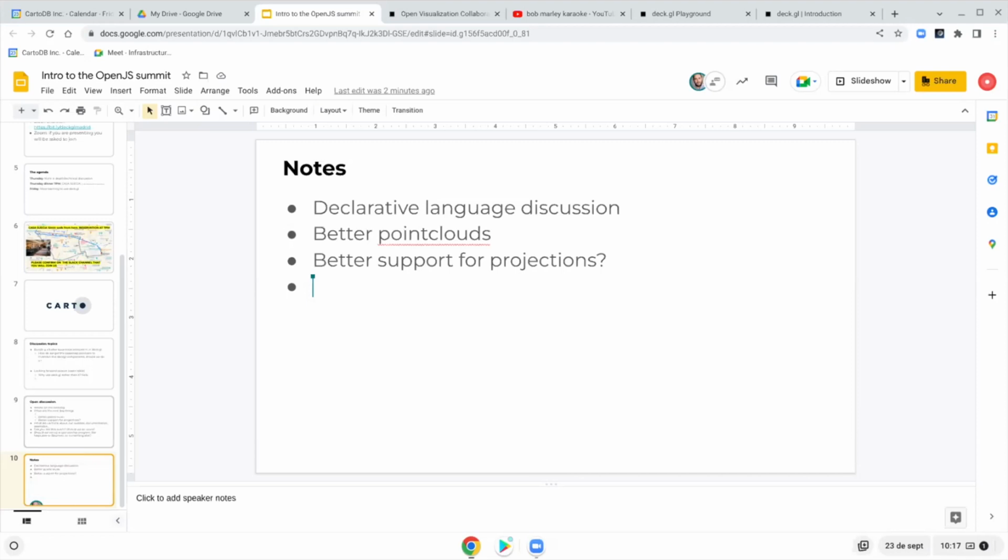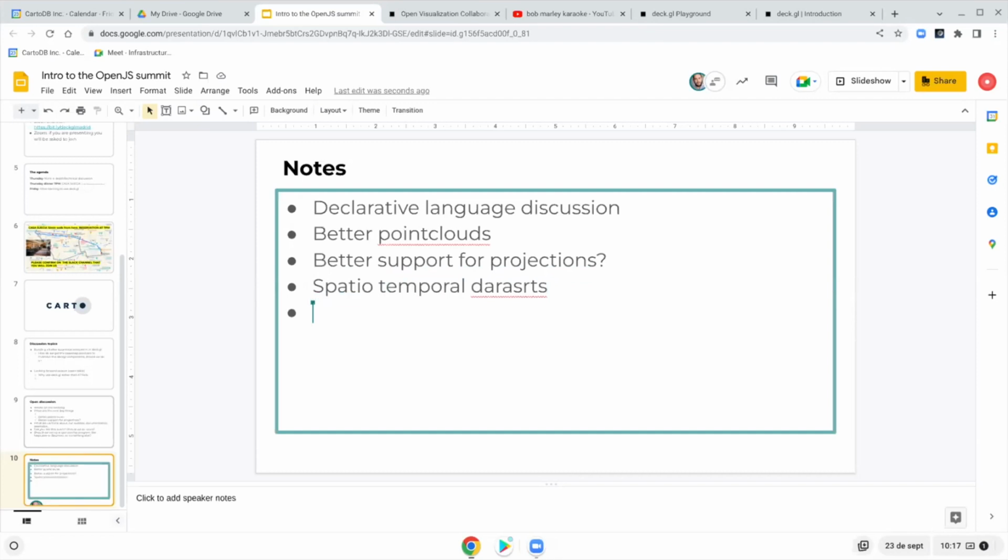So that's one area that I was thinking about. The other one, I'm going to put it here just so I don't forget. Spatiotemporal data sets or movements. I can write with my hand. The other one is raster. There were some attempts by, I think, Unfolded around Google Earth Engine and support for rasters and temporal rasters type